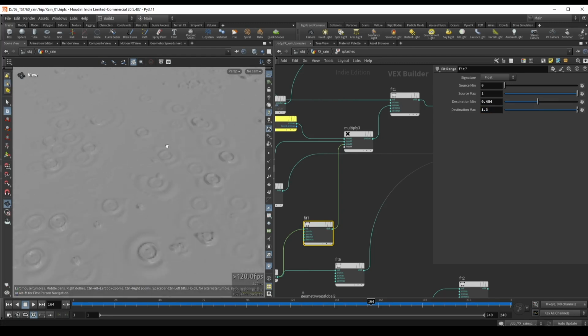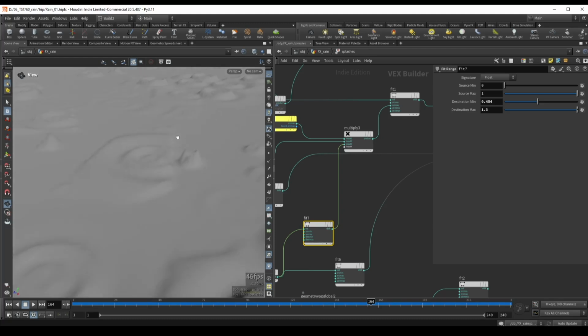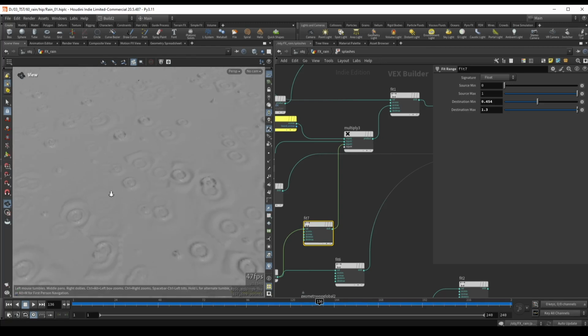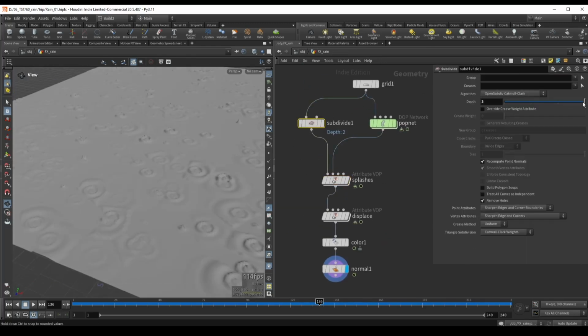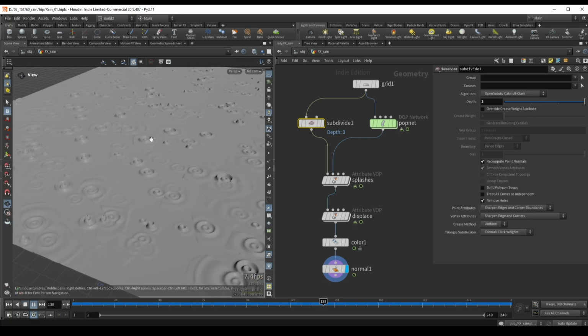Now we can notice in some places there's a hard cutoff over here. When two particles are really close to each other, we have this kind of ugly cutoff, because the points that are closer to this particle will have different values than the points that are closer to this particle. So we end up with this weird cutting off. For this effect specifically, we can smooth this out a little bit. If I go up and increase the divisions here to maybe 3,